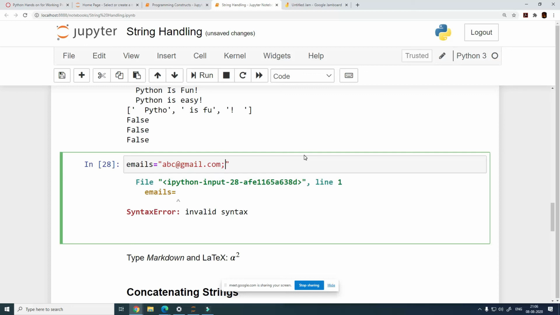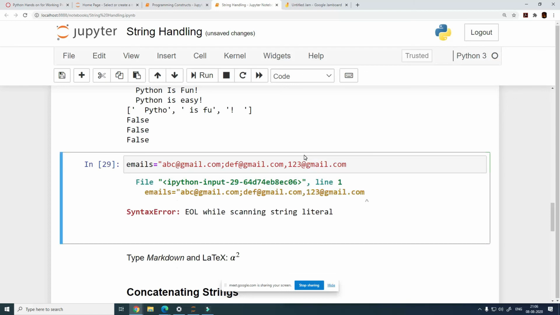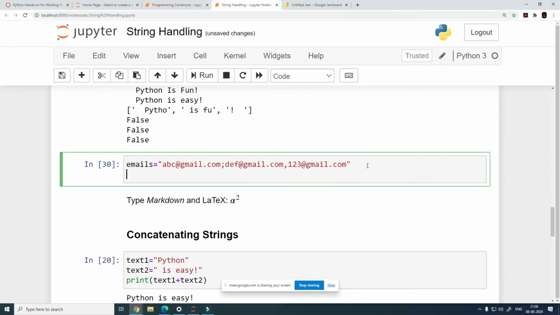Let's separate them by colon: def@gmail.com, and let's say 123@gmail.com. Right, and now what I will do is print emails dot split, and I will specify colon. Okay.